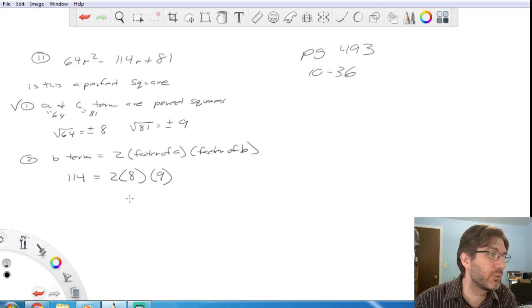2 times 8 is 16. 16 times 9 gives you the 144. So this is true, so it meets this criteria as well. So once you note that it meets both these criteria, it is a perfect square. So what you're going to do is write it in the format of the perfect square, which is